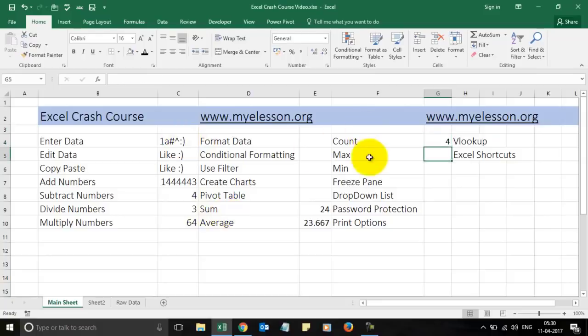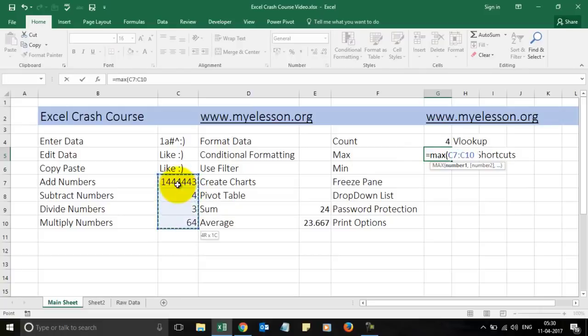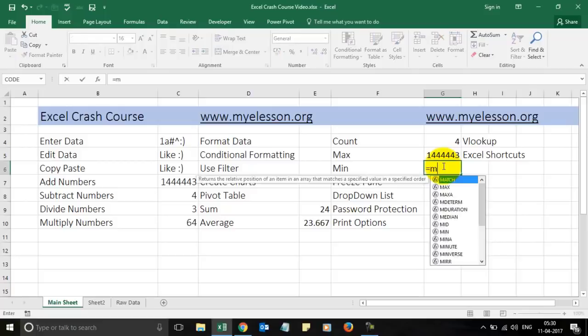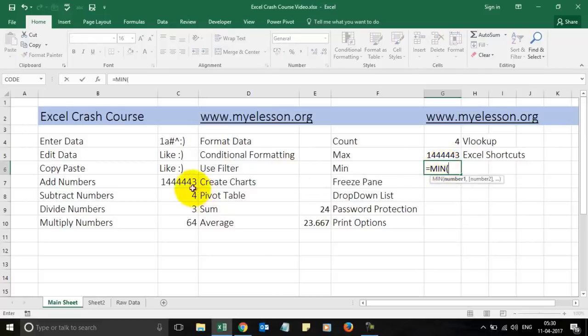Now let's understand max. We want to find out the biggest value in our series, so you use the max function, is equal to max. Open the bracket, select the range, close the bracket, and you know the biggest number is this. Let's find out the minimum number. Is equal to min, open the bracket, select this range,